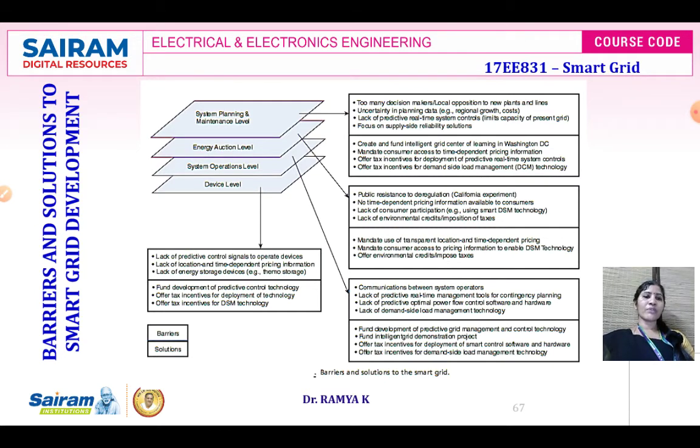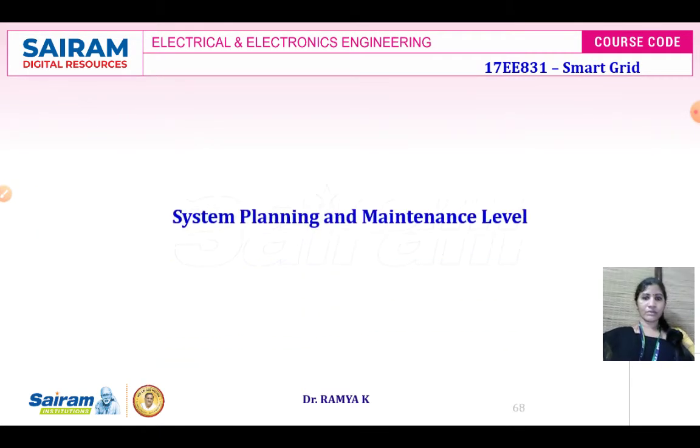And also if the present smart grid has to be improved with respect to the technology, we have to check whether the system planned and the maintenance level given for the future adopted technology, for the future planning power, for the future required power. So all these things have to be taken into account in order to make the barrier small for the development of your smart grid.